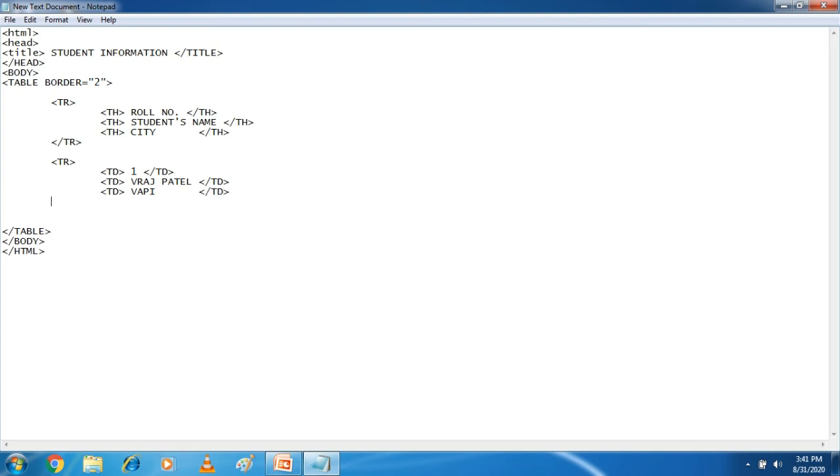After that my second row is completed, that's why I close the TR tag here, and here I will open it again for the third row. Again I open the TR tag, and here I put the information of the second student, that is roll number 2. Here I have to close the TD tag. After that, here I have to write the name of the second student.